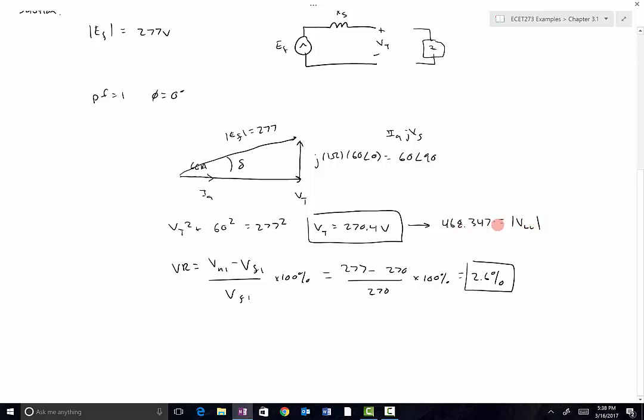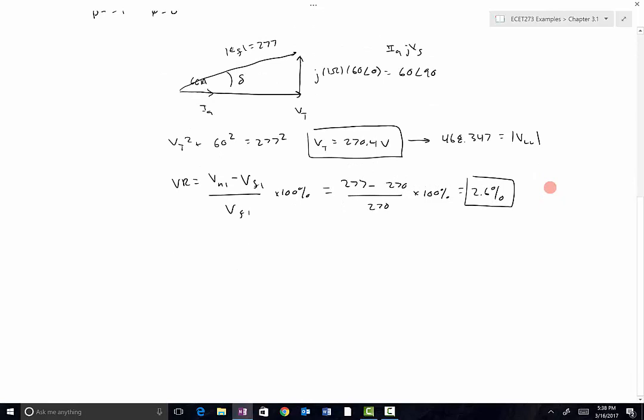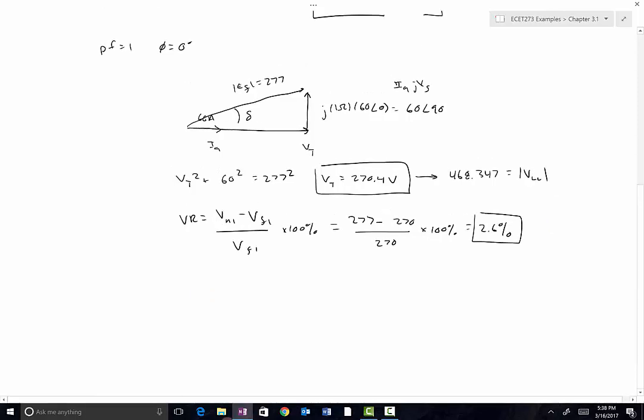That's actually what would be measurable at the generator's output terminals. So that was the case for a 0.8 power factor, for 60 amps at a unity power factor. Now let's move on to the case for 60 amps at 0.8 power factor leading, meaning it's driving a capacitive load in this situation. So we've got power factor equals 0.8